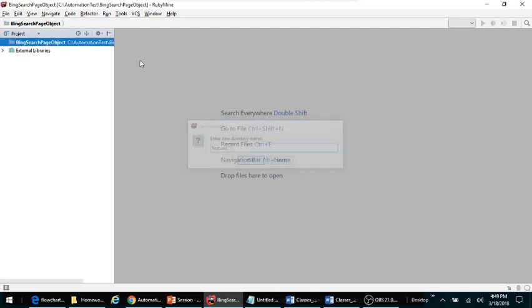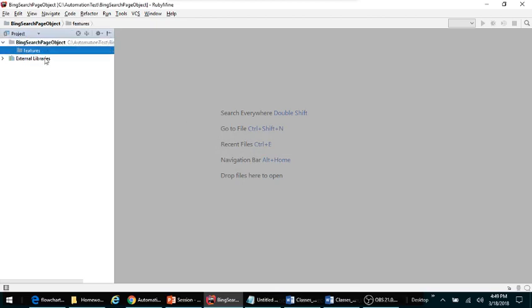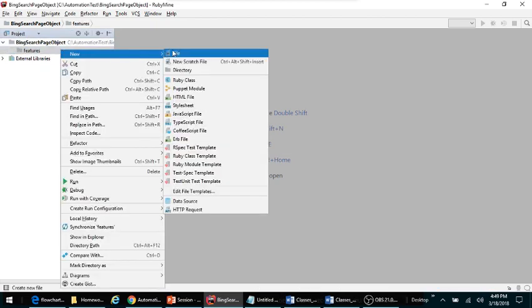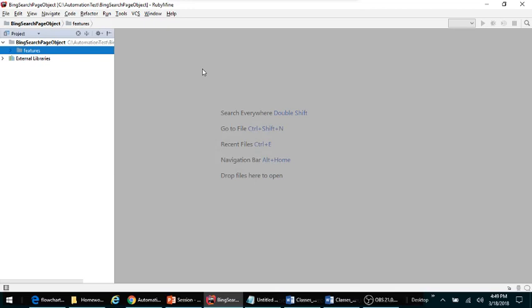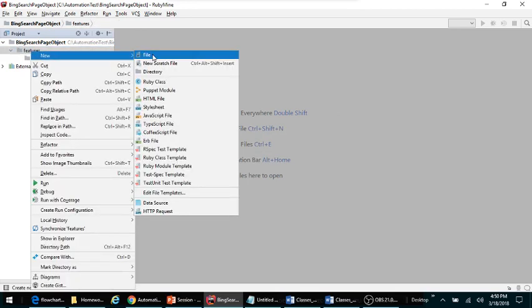I'll add the features directory, and then you can expand it and see the features directory has been created. Let me go ahead and add the support directory as well. Currently these are empty directories, so let me add a new feature file called